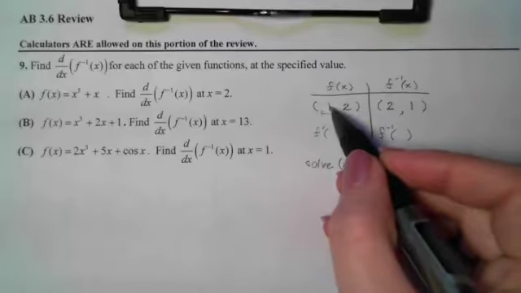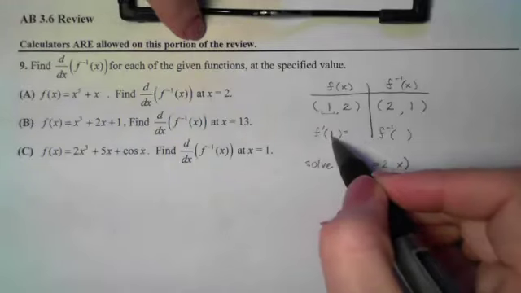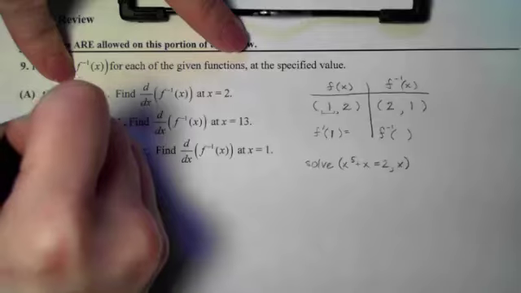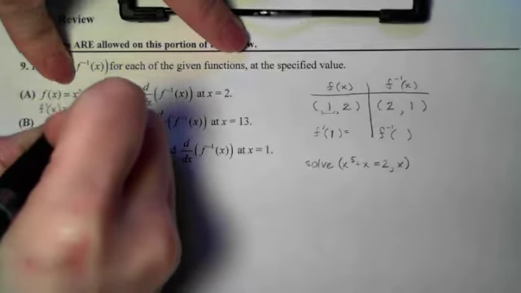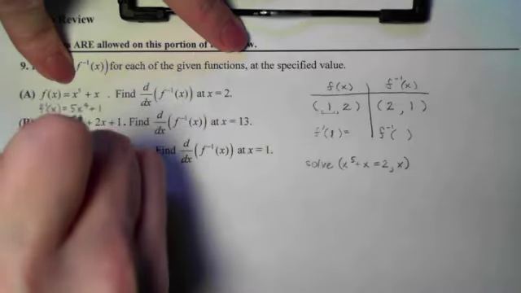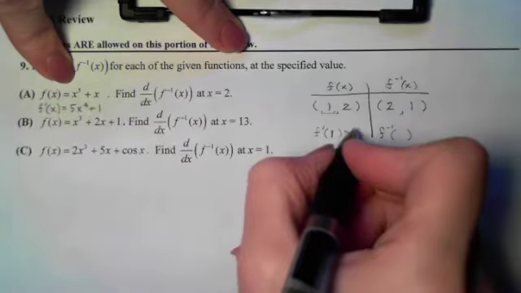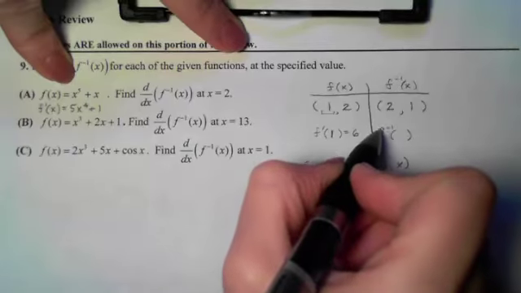Now this x coordinate on the original function is what's going to go into the derivative of the original. So if I take the derivative of this original function, I will get a 5x to the 4th plus a 1. And if I plug 1 in, then I will get a 5 times a 1 to the 4th plus a 1 will give me a 6. Now the inverse's derivative